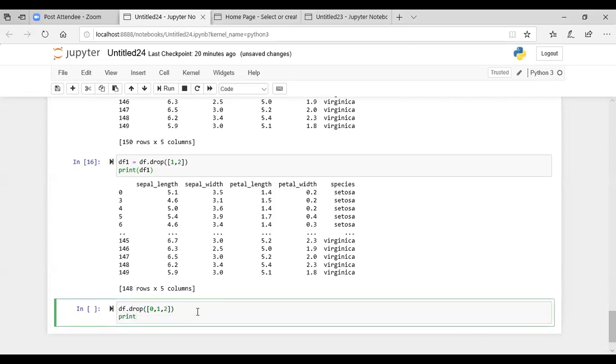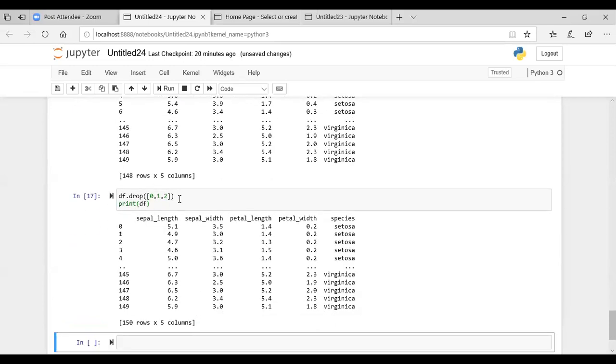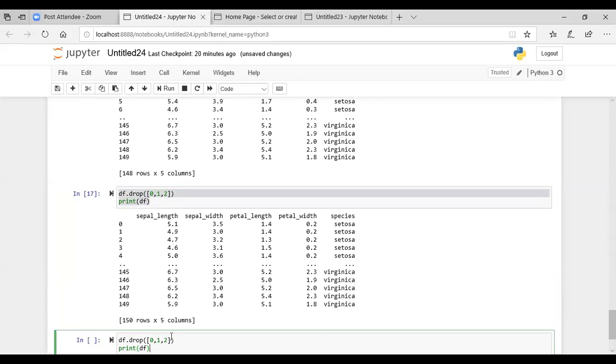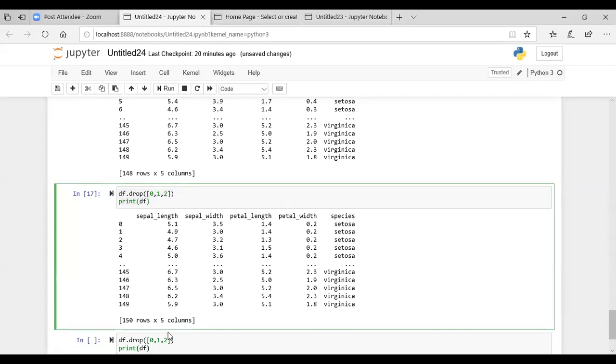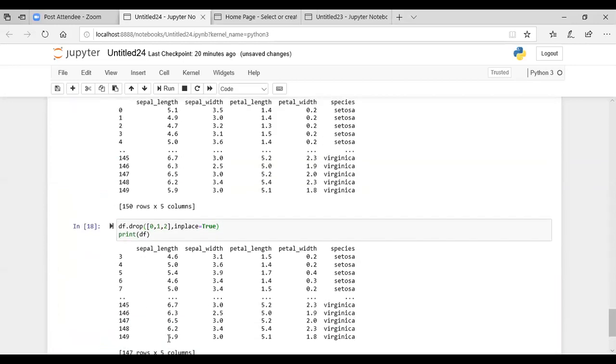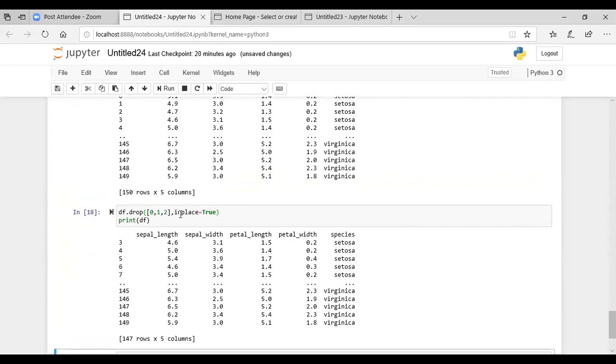And after that, if you print this: if you use inplace equals True, then those particular rows are dropped from the original data frame itself.